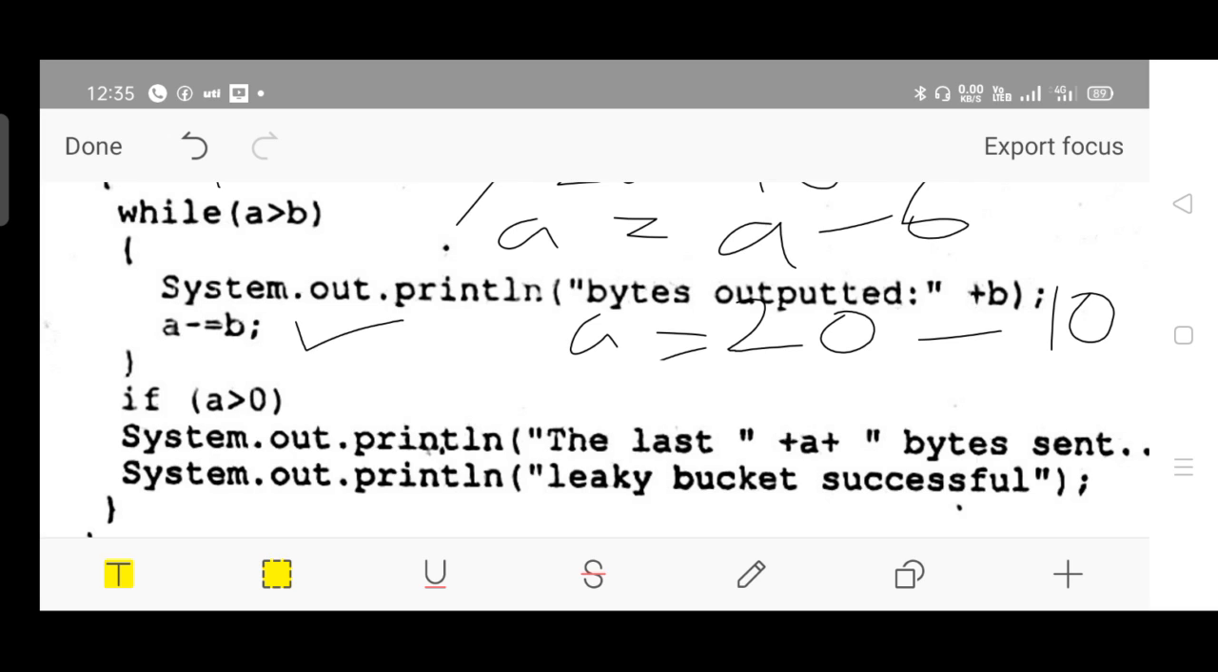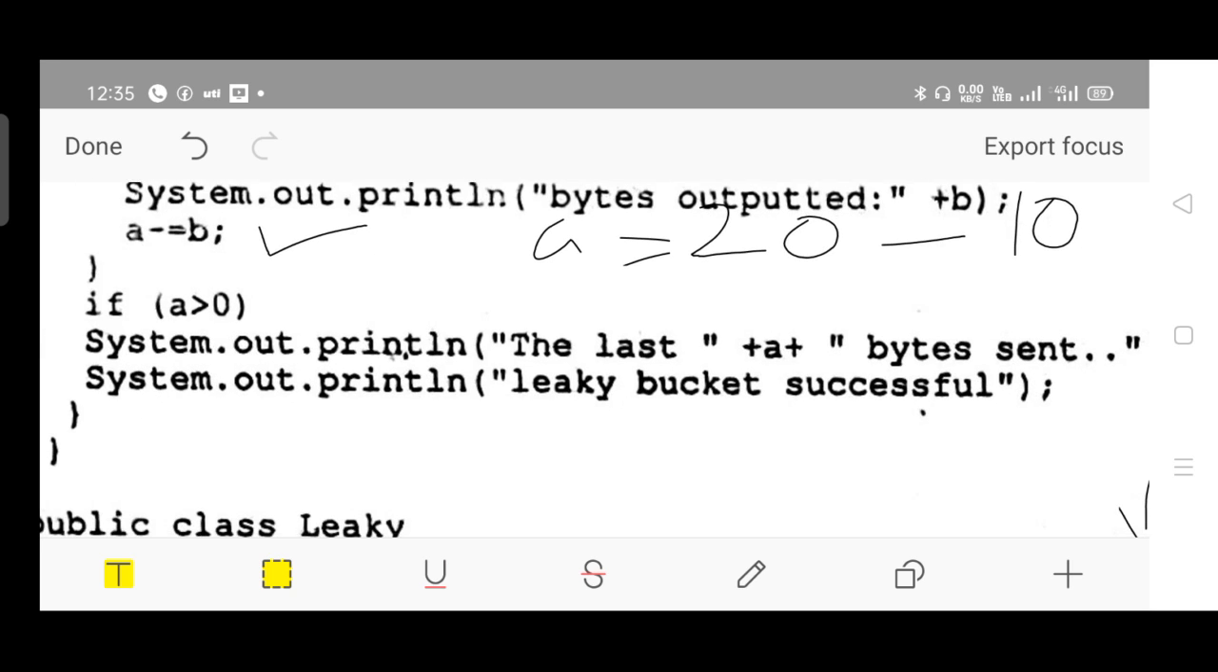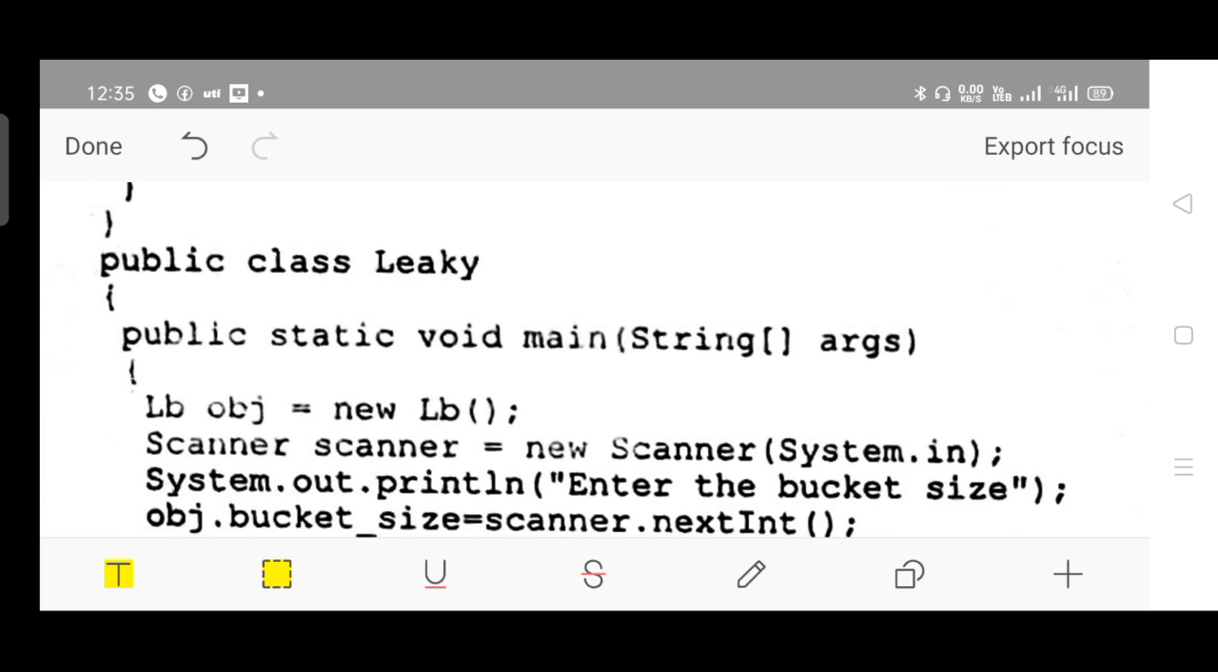So the last, how many bytes remaining? 10 remaining. The last 10 bytes are sent. First 10 bytes are sent initially, the last 10 bytes are outputted. Right? Leaky bucket successful. This is one case. Now let us see what is